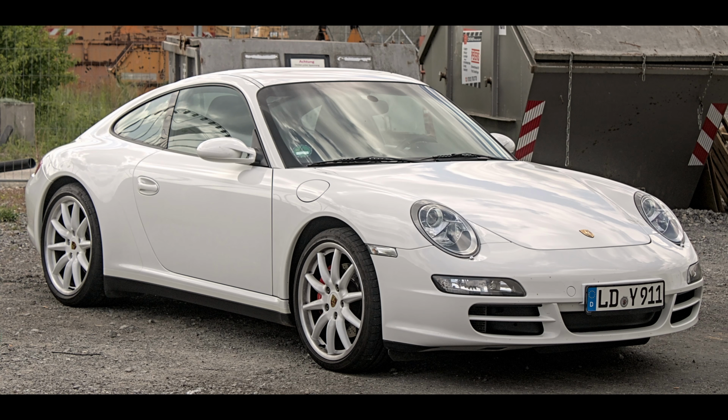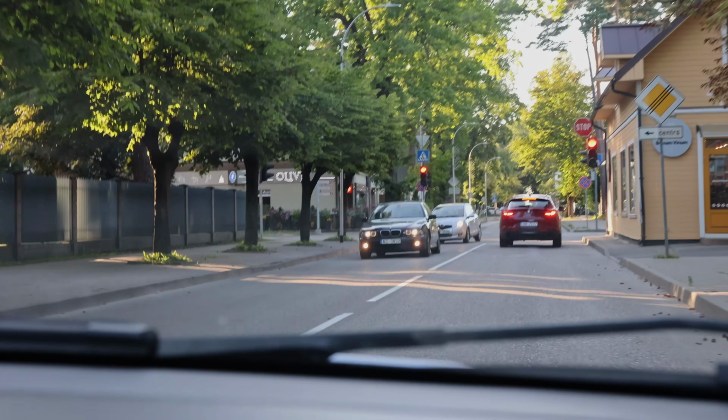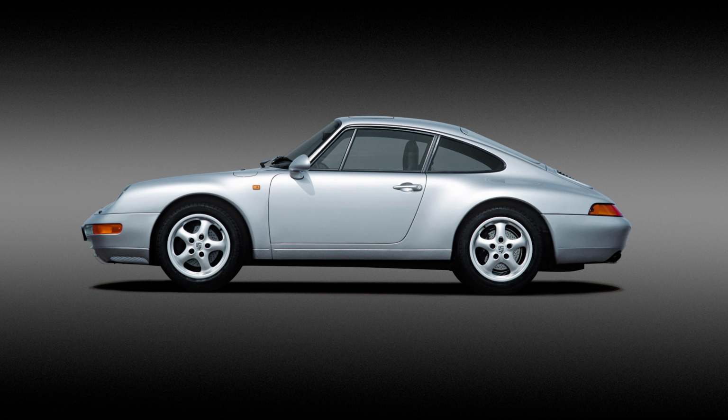The 997 market is completely dry, at least here in Europe. Finding a good option in the first place is quite tough. The market currently is not that big, and it was considered for a long time the best entry price level classic styling 911, and from that you can jump back to the early 90s, to the 993, which is personally my favorite 911, but price-wise for those the starting point roughly in the market is